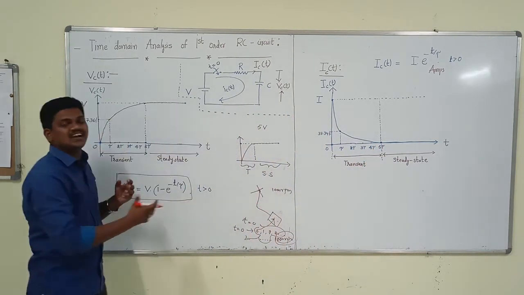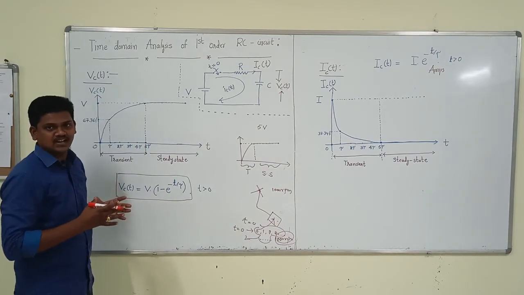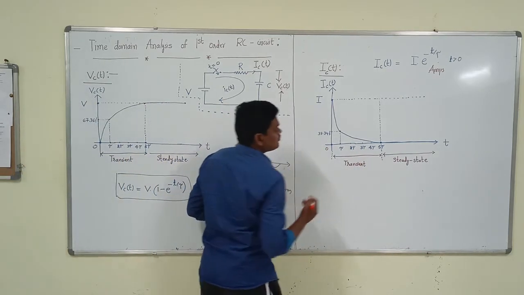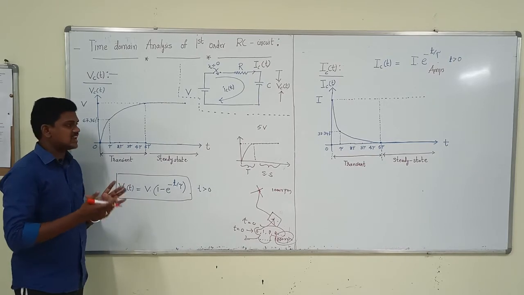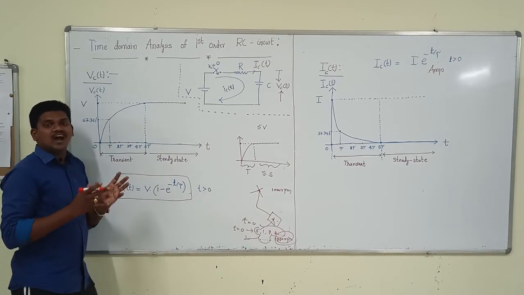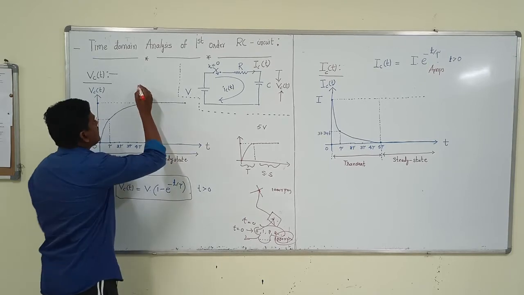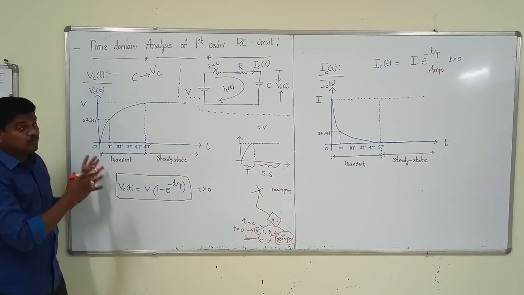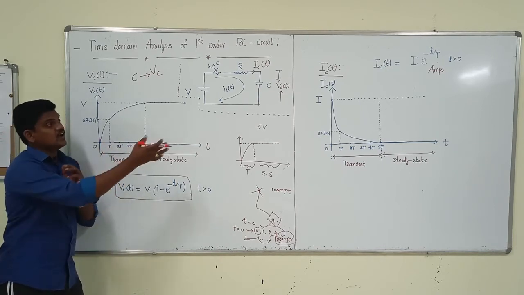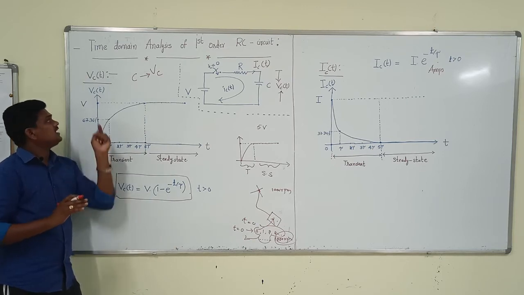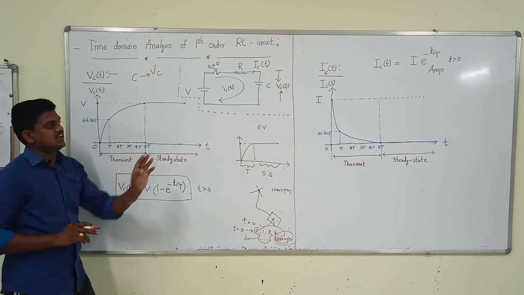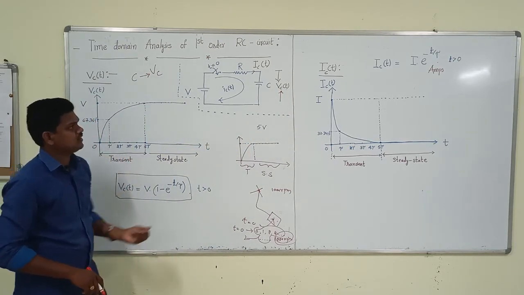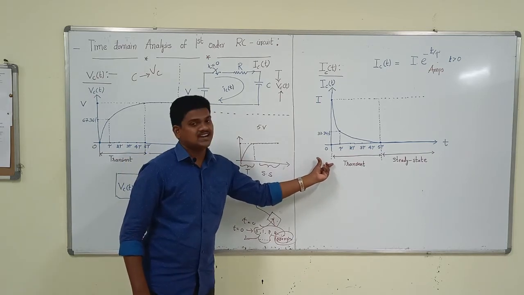This is the process that occurs in the capacitor for a particular time, for 5 tau. This is the transient analysis and steady state analysis regarding the voltage. That's why, whenever we discuss the capacitor, we are always discussing the voltage across the capacitor. The same graph applies in the case of an inductor, but the graphs are reversed. Here the inductor current is like this, the inductor voltage is like this, right? But in the case of a capacitor, the capacitor voltage is like this graph, and the capacitor current is like this graph.